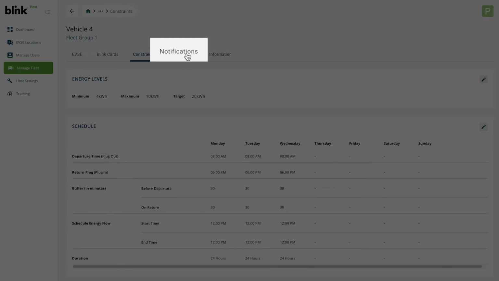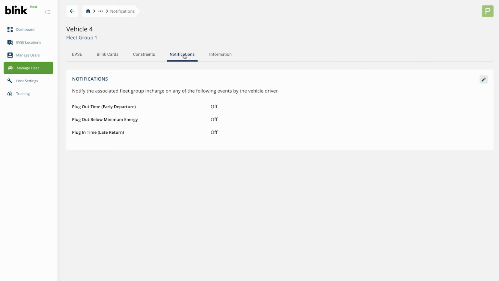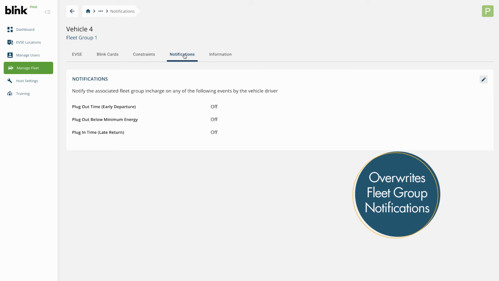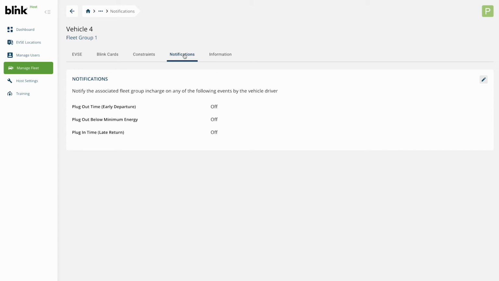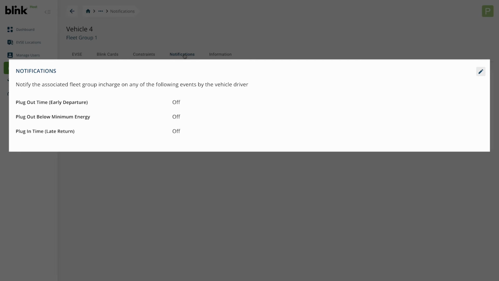The Notifications tab is used to turn email notifications about this specific vehicle on or off. If you have set notifications in the fleet group this vehicle is a part of, changes here will overwrite the group notifications for this specific vehicle only. These emails are sent to you and the delegates associated with this fleet group automatically every time the parameters you set in the Constraints tab are met. There are 3 notifications you can control: